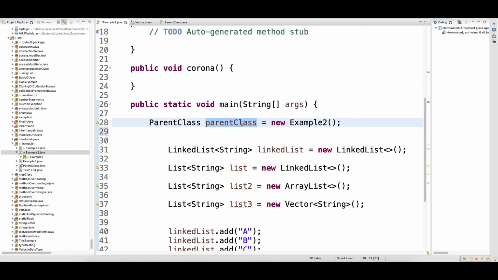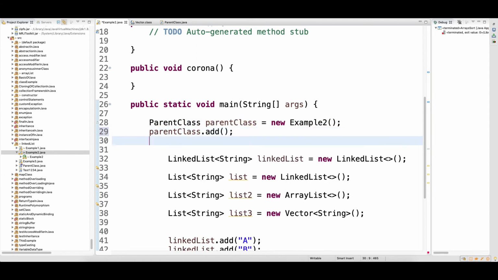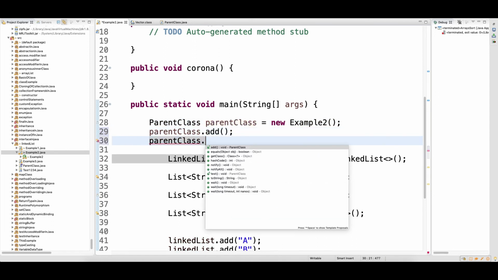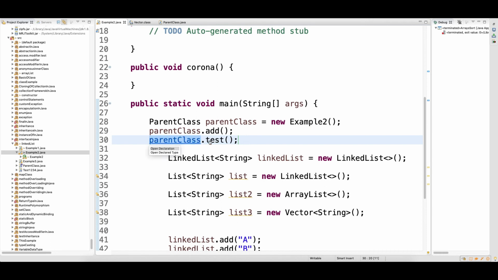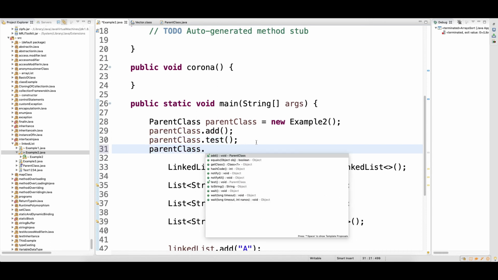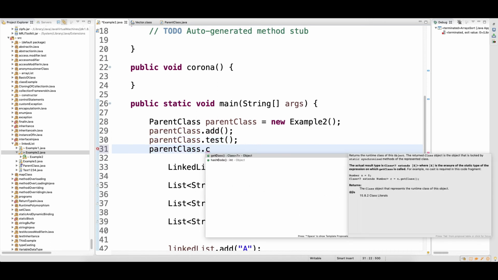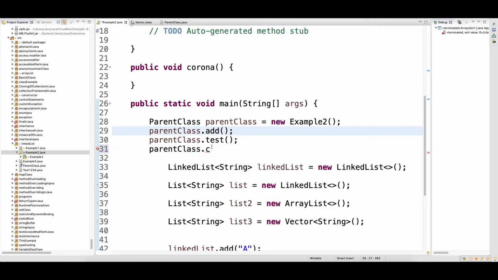Now look at the difference here. On this reference I can call only the add method, and I can also call the test method. These two methods I can call. Can I call corona on this reference, dot c? See here, the corona method is not available, which means I cannot call this corona method when I make the reference of the parent class.